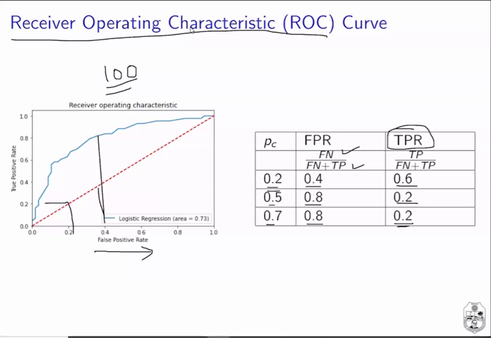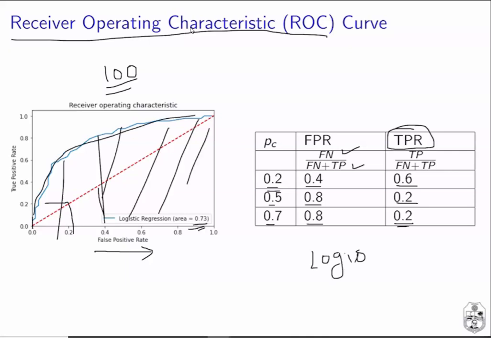This receiver operating characteristic curve is used when you have built a classifier model using more than one technique. So far we have seen the classification technique of logistic regression, but in the coming videos we are going to see other classification models like LDA, linear discriminant analysis, then neural network, then decision table. Then you can compare the performance of different classifiers by using the receiver operating characteristic curve.